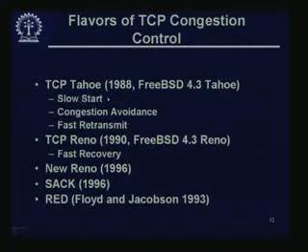It uses slow start, that is, 1 plus for every acknowledgement; congestion avoidance, that means beyond SS thresh increase slowly; and fast retransmit. I will tell you what fast retransmit is. TCP Reno is another version of TCP, which uses fast recovery, and then there are some versions of this like New Reno and SACK, etc.